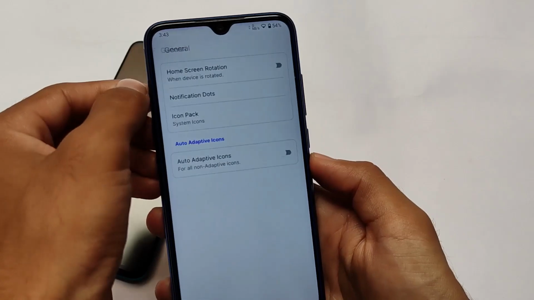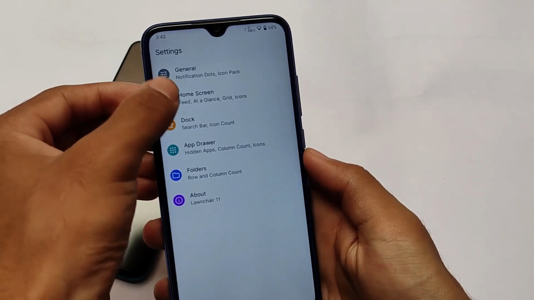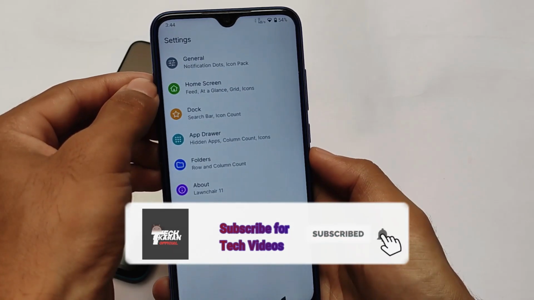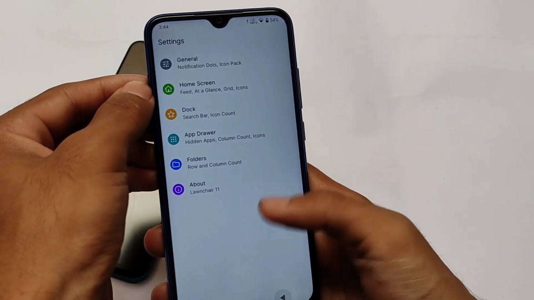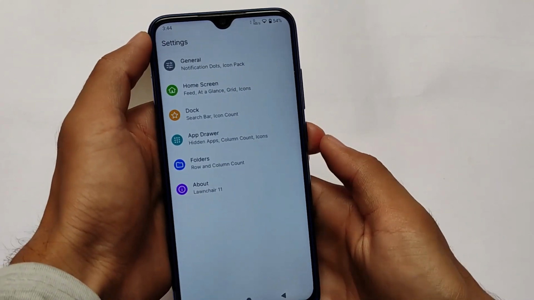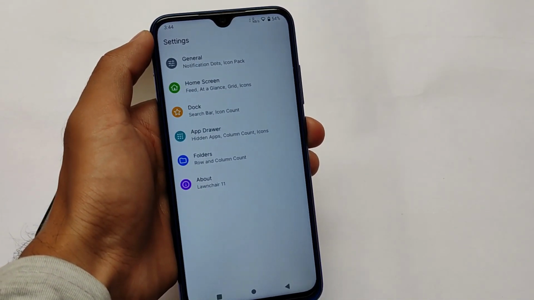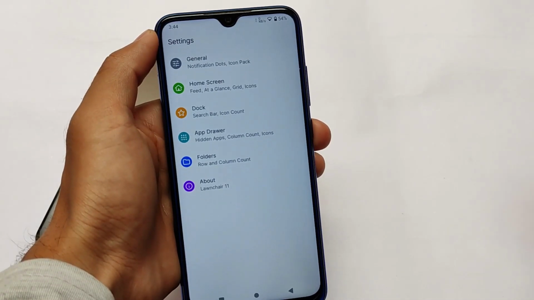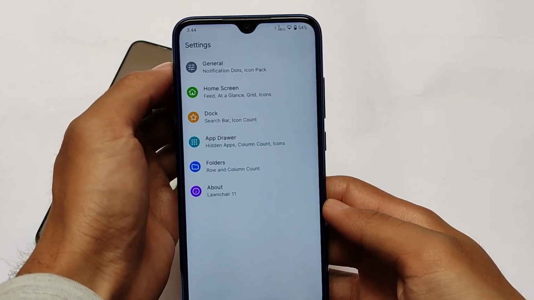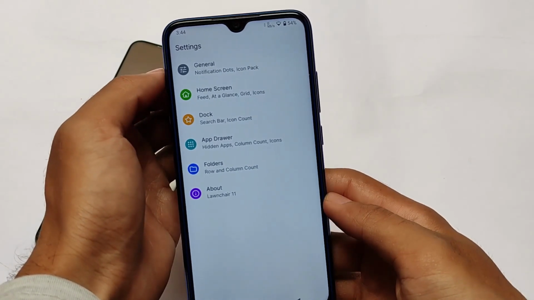You probably noticed if you use some custom ROMs on your device, you might get some different launchers. For example, in my case, I'm using a custom ROM which includes a launcher pre-installed. Of course, the launcher is quite good in terms of features and a lot more things. But some of the users don't want that launcher because some devices don't have the launcher. Even they have their own launcher, like Nusantara OS has Nusantara launcher and other custom ROMs have their own launchers.